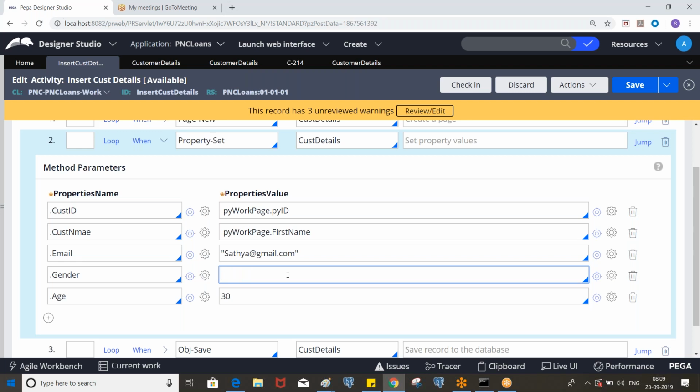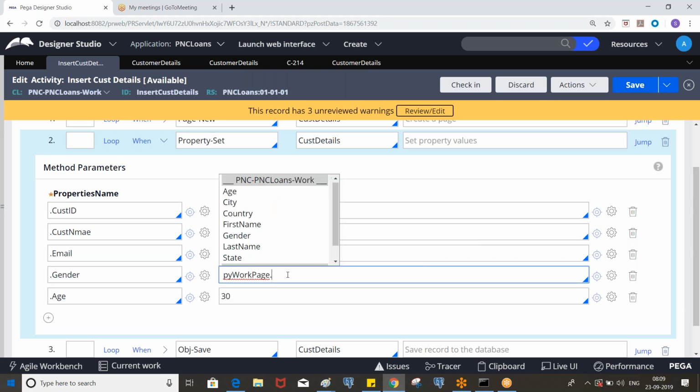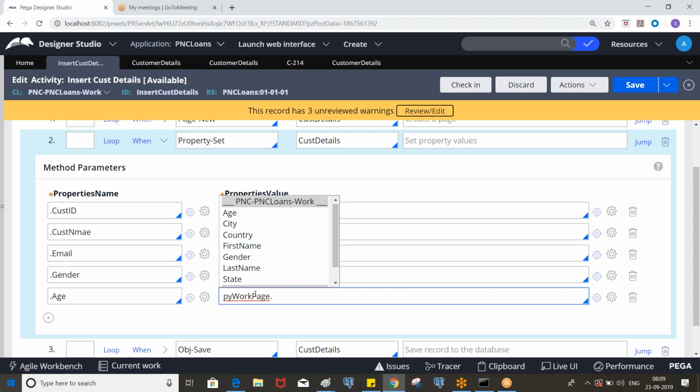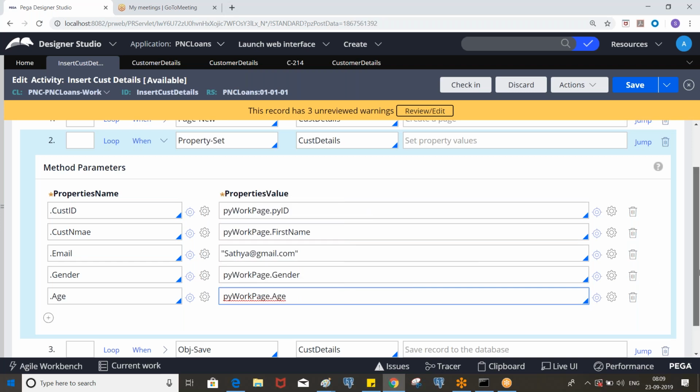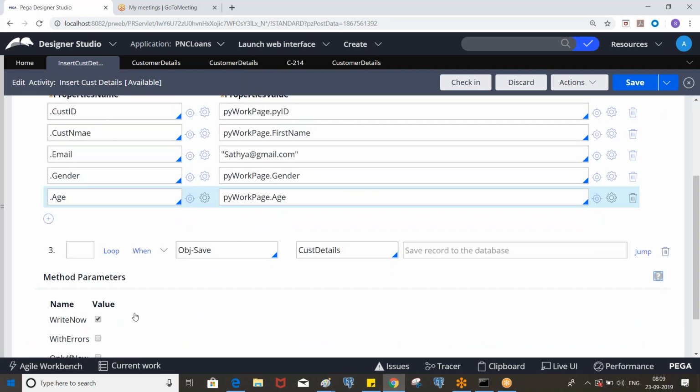And this will be PY workpage dot gender, and similarly PY workpage dot age. Since we are invoking in the flow, we don't need to enable this. We should not. I will tell you why we should not select this if you are invoking in the flow. Okay, check it in.